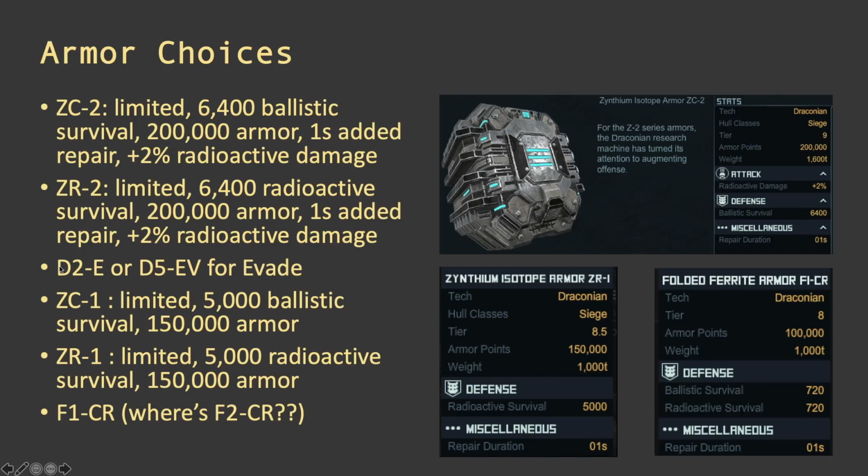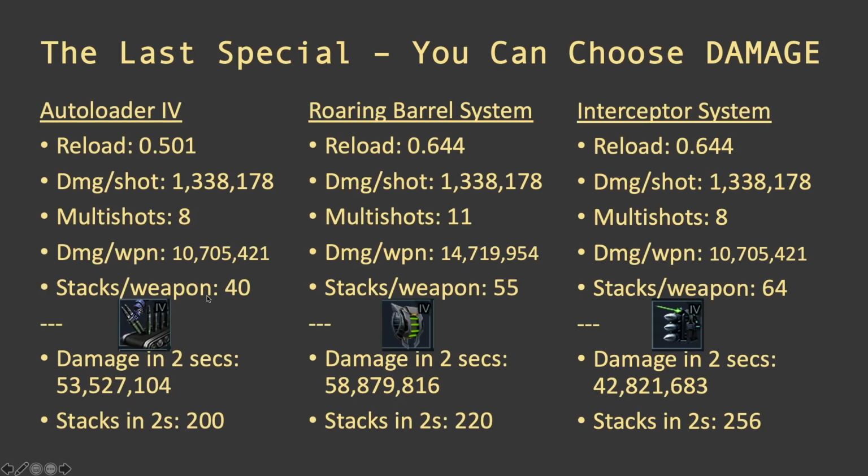You can use some D2 EV on the Flagship for tanking. And then you have the second best option, ZC1, ZR1. They're all limited though, except for the D2E. And then the final special,